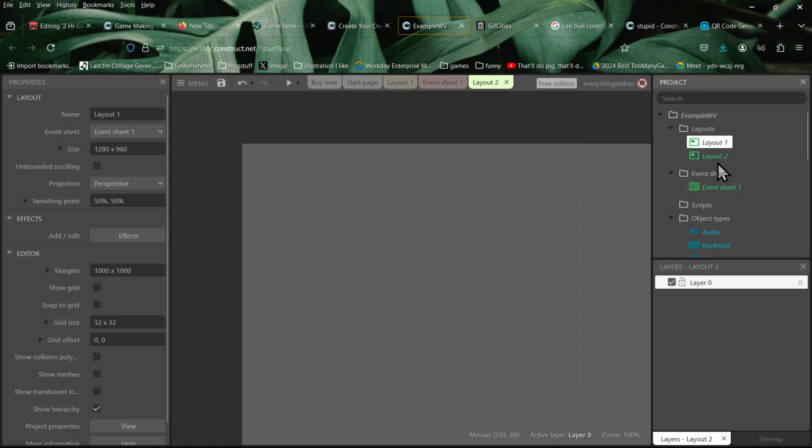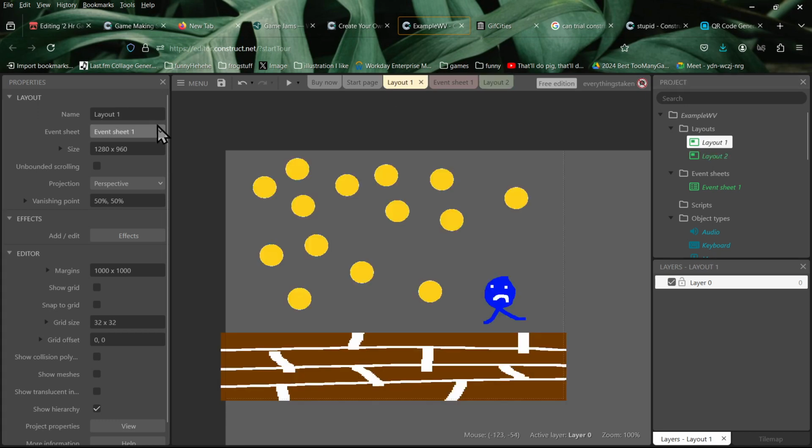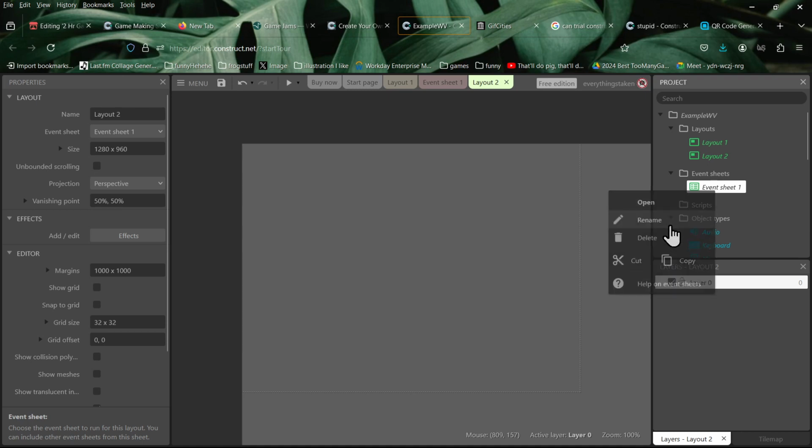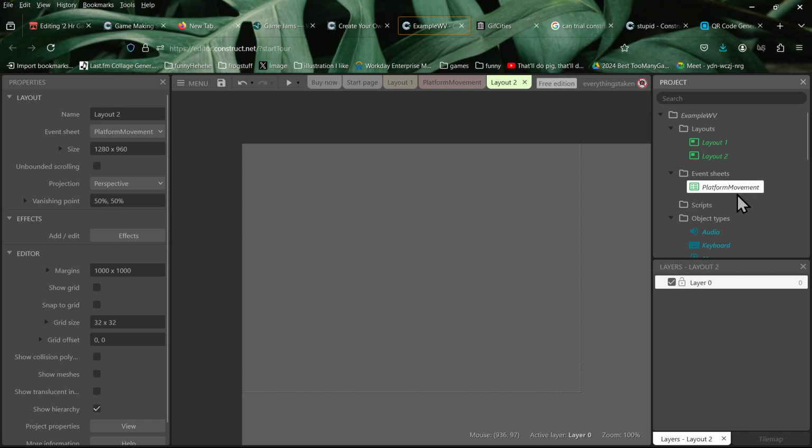But see here in layout 1, if I double click that, it says event sheet 1. So I'm going to go to layout 2, and I'm going to change event sheet to event sheet 1, right? And maybe one thing I'll do to clarify this is I'm just going to call this platform mechanics, so this will just be for that.